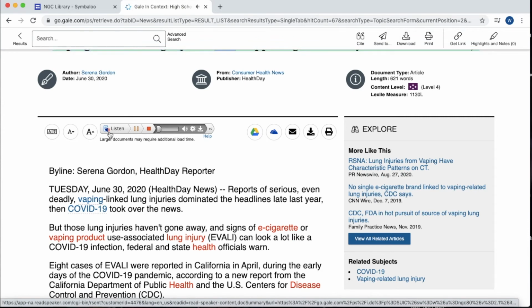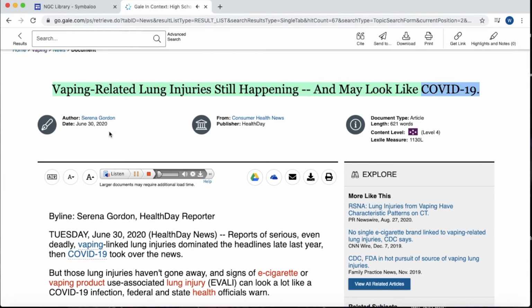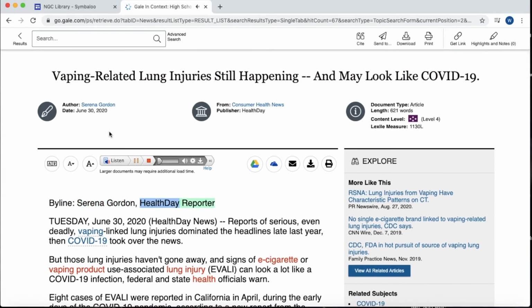Vaping-related lung injury still happening and may look like COVID-19. Byline, Serena Gordon, Health Day reporter. Tuesday, June 30th, 2020, Health Day News, reports of